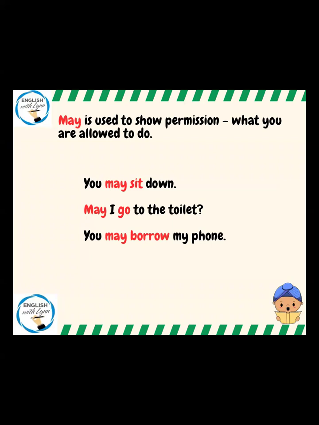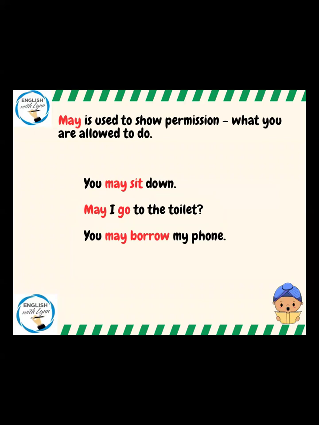And just notice when it is used as a question, the verb chain is split and you have the subject in the middle of that verb chain. Okay, so all modal verbs will follow that rule. If you're asking the question, the verb chain goes around the actual subject that is asking the question. And then you may borrow my phone is giving permission to someone to take the phone. Okay,